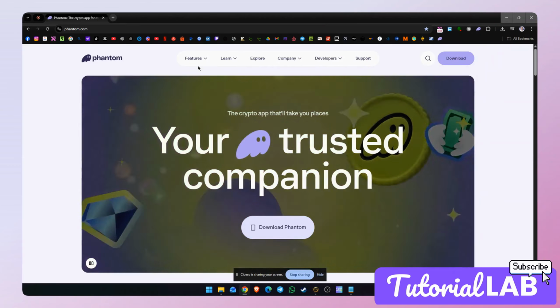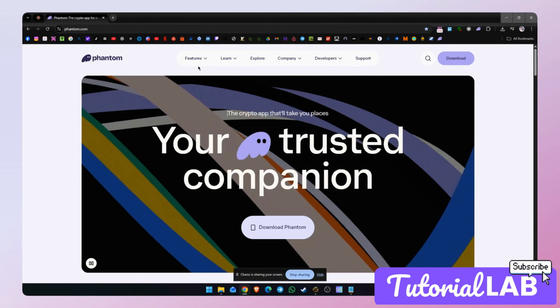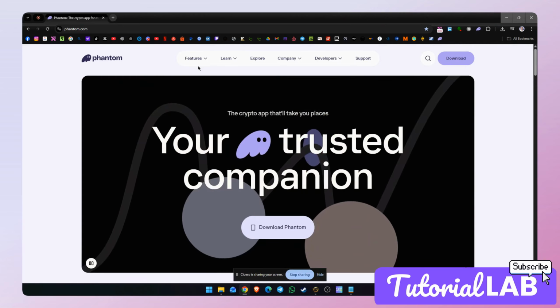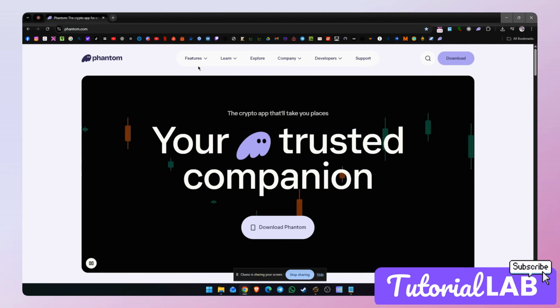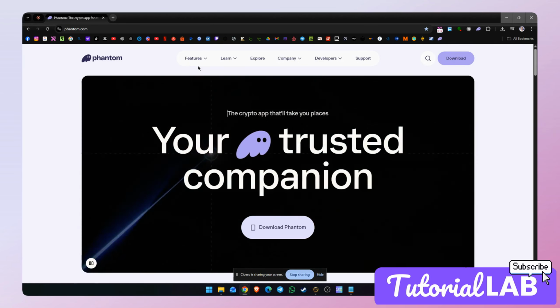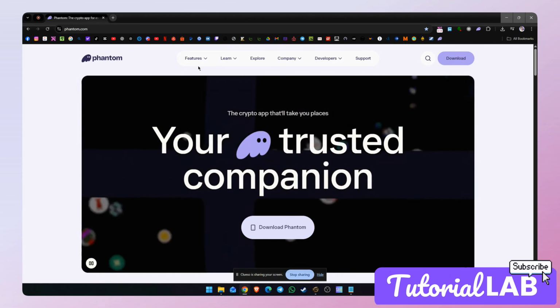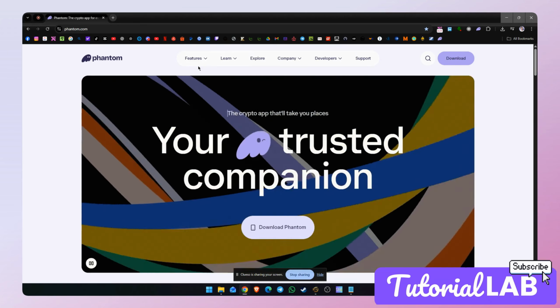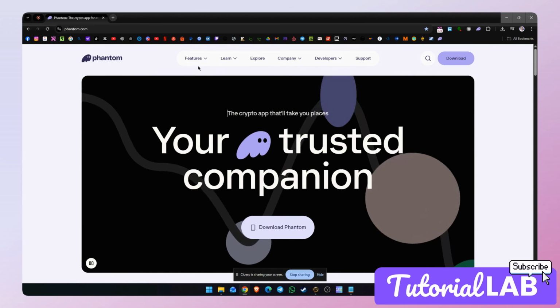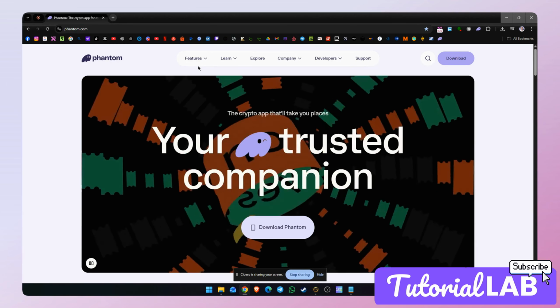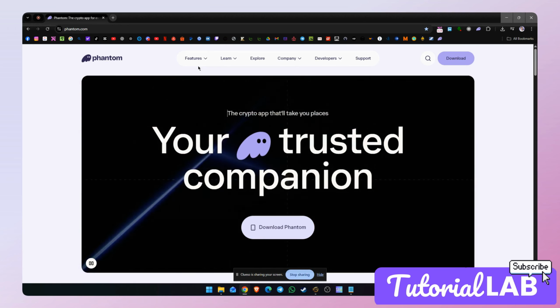Hi everyone. If you are new to crypto or just starting with Phantom Wallet, it is important to understand the seed phrase, also called the secret recovery phrase. This phrase is the key to your wallet and your digital assets. Today, we will explain how to create a Phantom seed phrase wallet and why keeping this phrase safe is critical